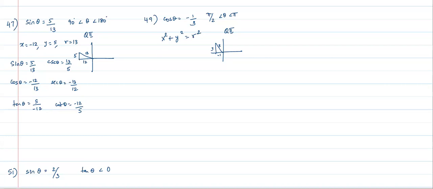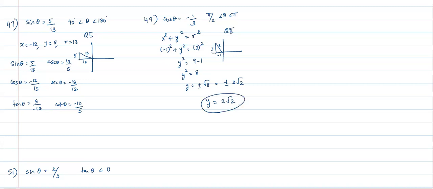So 1 squared plus y squared is 3 squared. So y squared is 9 minus 1 or 8, which means y is plus or minus √8 or plus or minus 2√2. But because it is in the second quadrant, I know that y is going to be positive. So I'm only going to